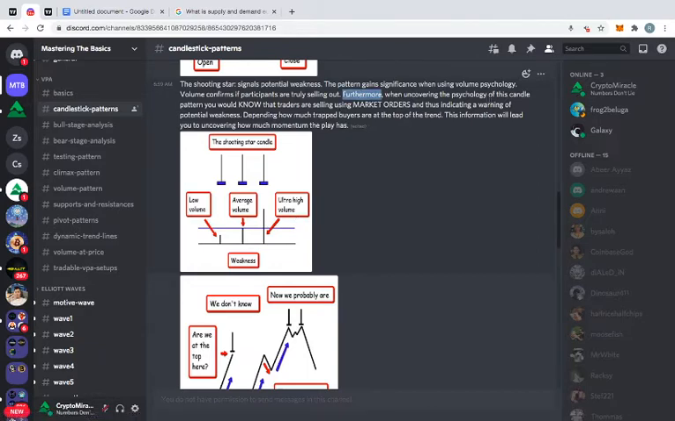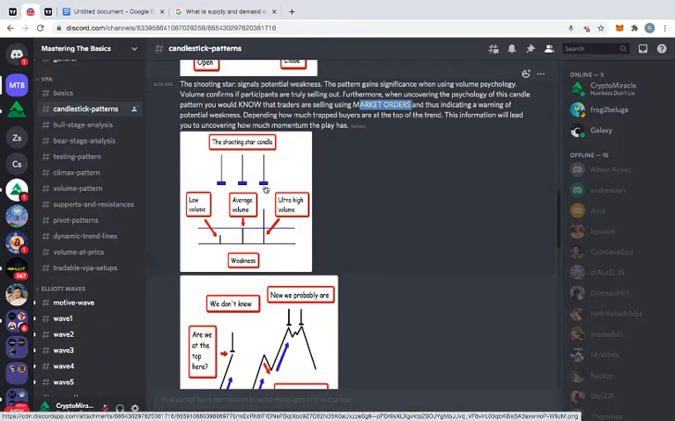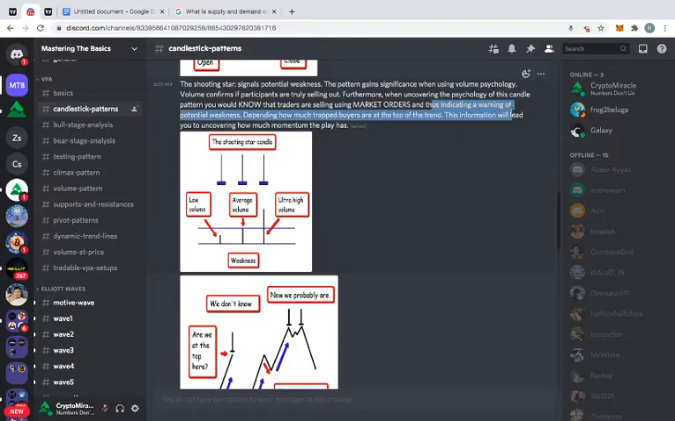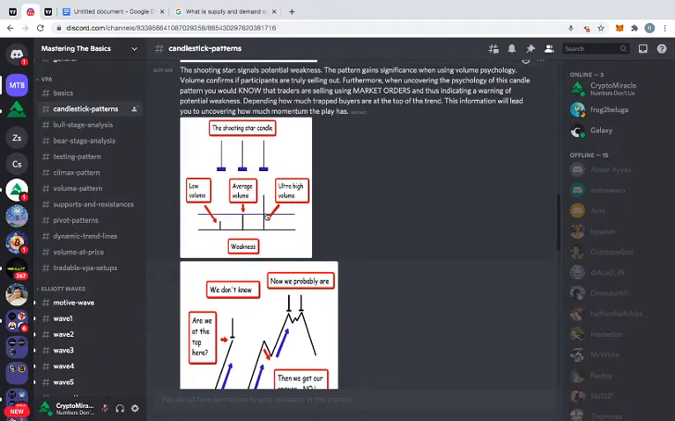Furthermore, according to the psychology of this candle, you would know that traders are selling using market orders. Now, I can't emphasize that enough. You'll know that because of the candle right here. So they're selling on orders, and it indicates a warning of potential weakness, depending on how many trapped buyers are at the top of the trend. This information will lead you to uncovering how much momentum the play has by knowing how many traders are trapped